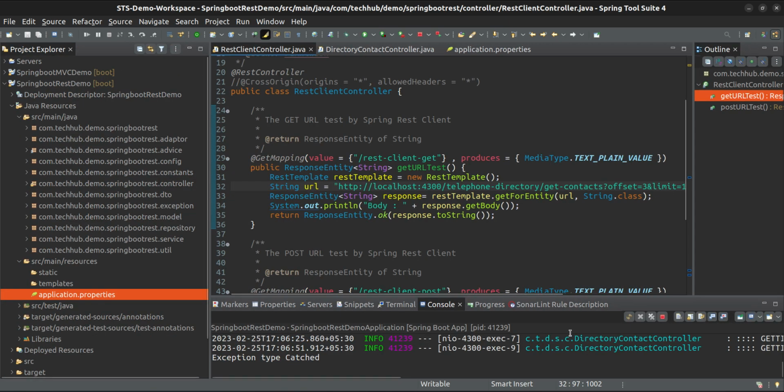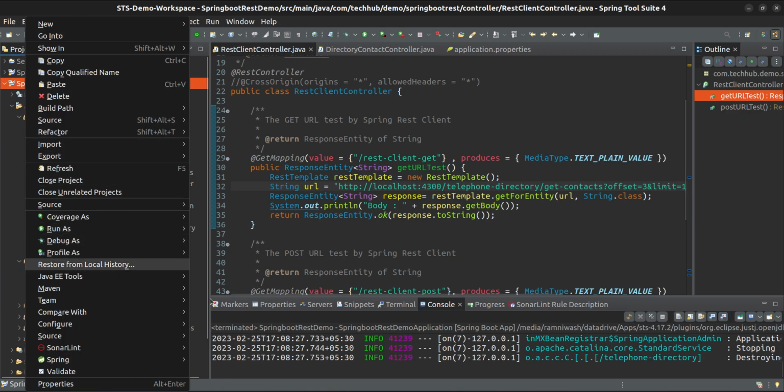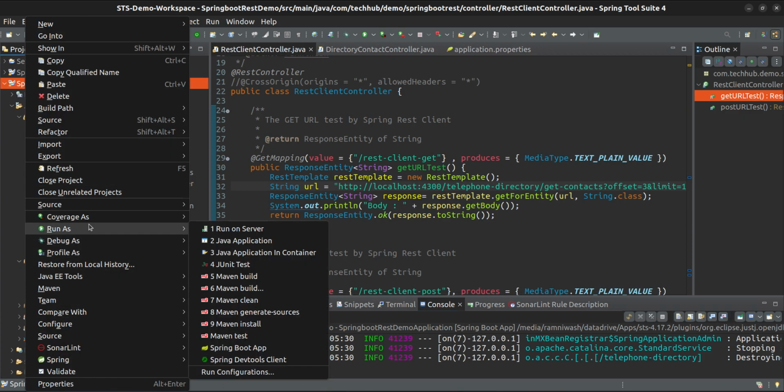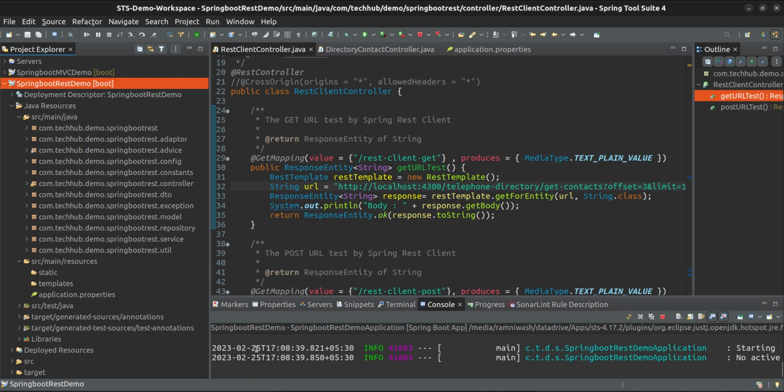so in this time you have to stop and you have to start again, or else you have to add Spring dev tool, the dependency you have to include in your Spring Boot demo, then in your Spring Boot application, then only it will be automatically refreshed. Okay,